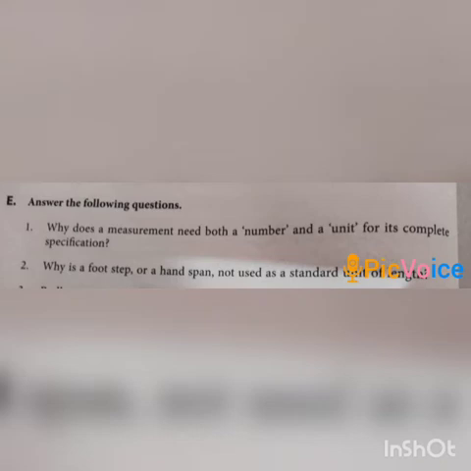The third precaution is the zero mark of the scale should coincide with one end of the length to be measured. The fourth is we should keep our eyes vertically above the end point and in line with the reading to be taken. And the fifth is we should not use worn out or broken portions of the meter scale for measuring length.